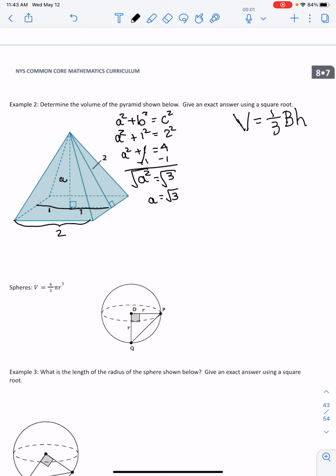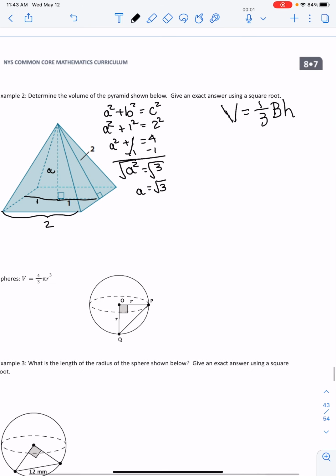So now, while I'm doing my volume here, I have 1/3 length times width times height. So I have 1/3 times 2 times 2 times the square root of 3. Remember what the directions say, using a square root. So now I have 2 times 2 is 4 times the square root of 3. So I have 4 square root of 3 over 3